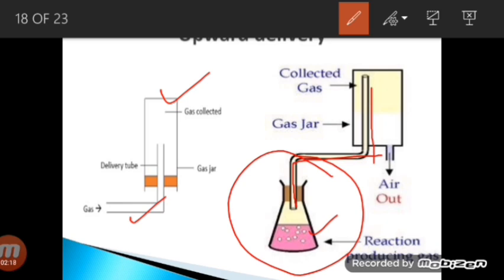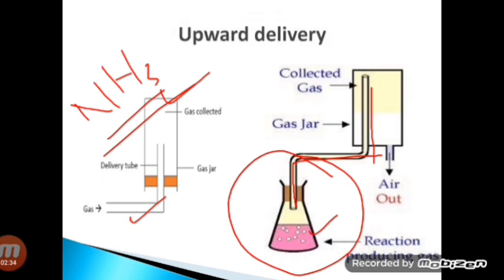So in upward delivery, again all those gases will be collected which are soluble in water, but they have to be less dense than air. An example is ammonia. The best example of collection of gases by upward delivery is ammonia. Next is